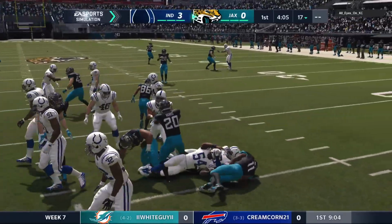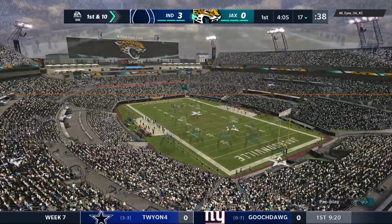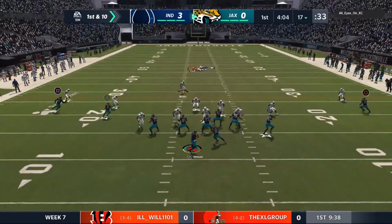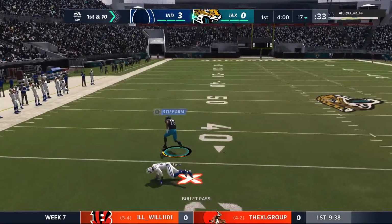And he will be brought down here inside the 20. Good coverage as he's dropped at the 17. Jaguars come to the line to start their next drive. And a 3-and-out on that first drive. We'll see if they can do better here. They should have a better opportunity because the nerves should be...